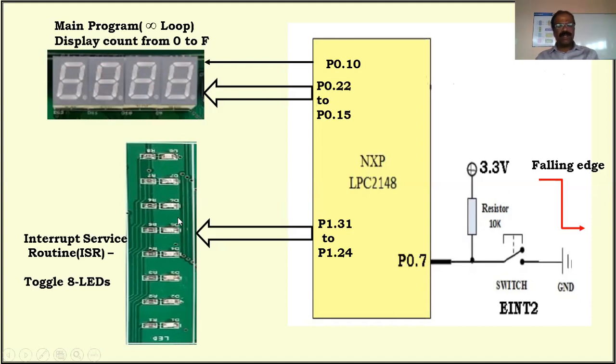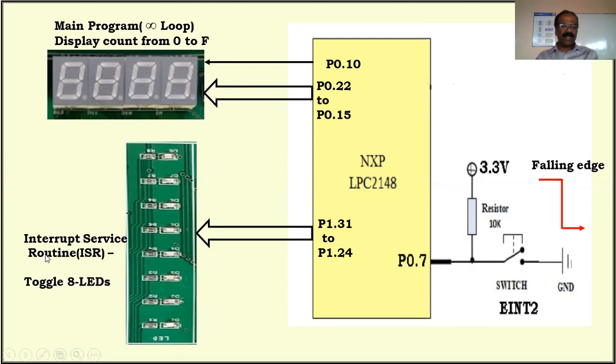So what we can do is assume this program keeps running. This is like your main program. It's counting 0 to F on the 7 segment display. This main program must be an infinite loop. It keeps doing this job, counting from 0 to F. Then after F, it comes back and starts from 0. But if we interrupt this program, somebody has to be there to stop this program temporarily, not permanently, and then go to another task.